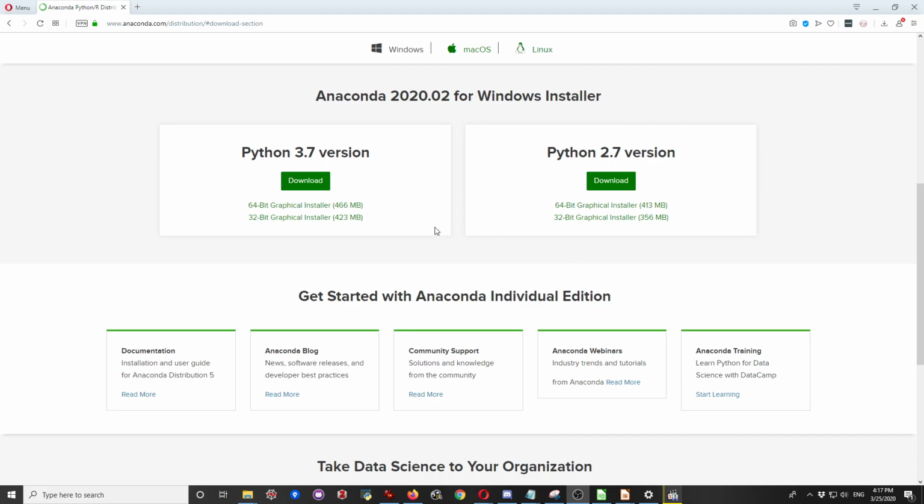Hey guys, today we're going to try to get Anaconda Python installed on our home computers. This is the same Python distribution that we were using at school. It's a very powerful tool for data analysis and general coding as well. And so I think it would be prudent for us to try and get that installed on our home computers,